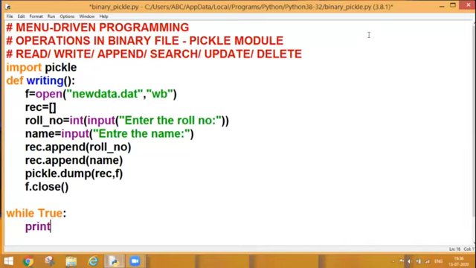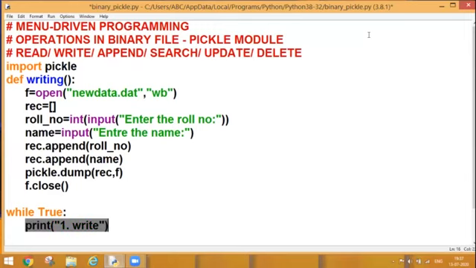So my menu is print. First option is write, and my second operation is read. I want to read the data, so I can write it over here as 2.